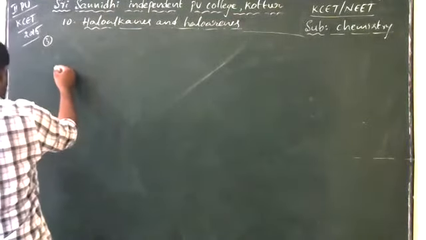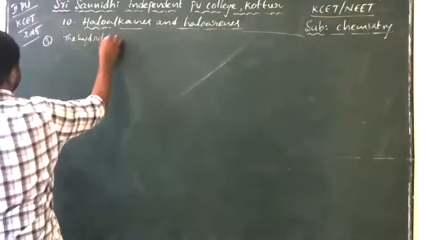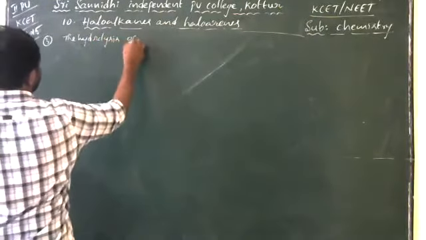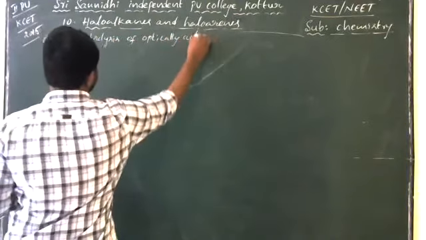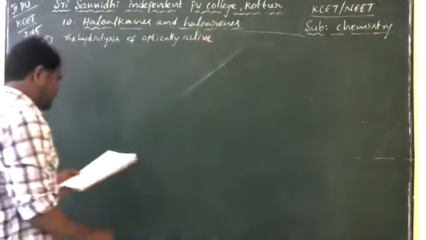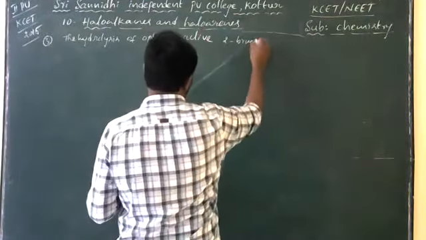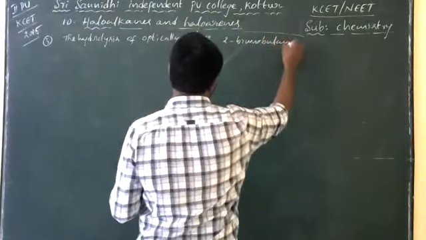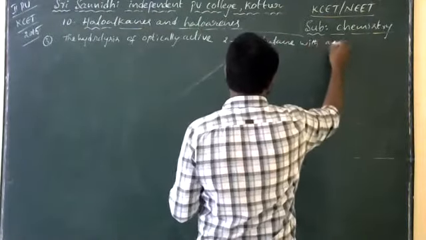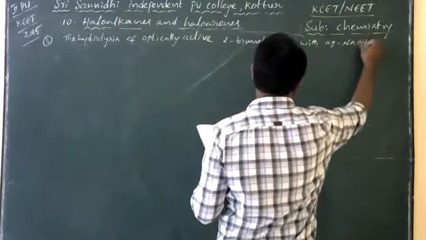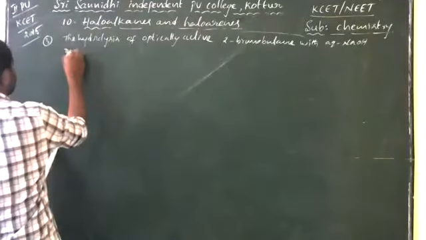The hydrolysis of optically active, chiral 2-bromobutane with aqueous NaOH results in the formation of